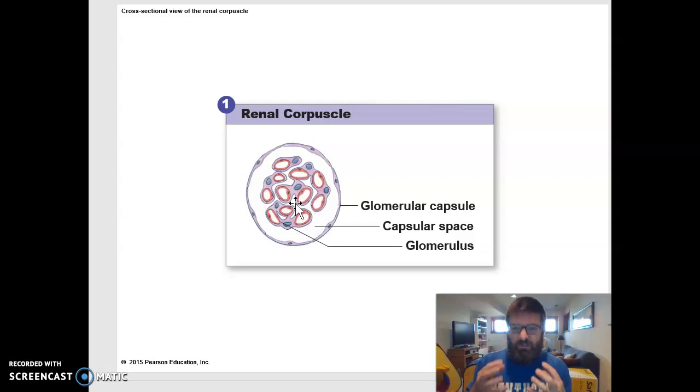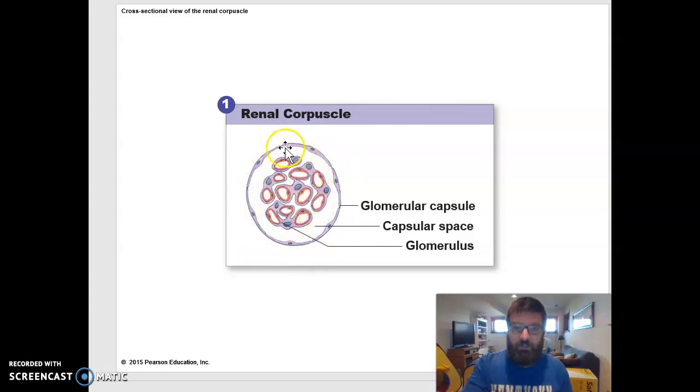And we send a bunch of blood pressure in there, and essentially what passes through those holes into this space around here is whatever's small enough to move through them. So really size is the first characteristic that dictates what stays in the blood and what comes out and becomes filtrate. So small stuff like water, sodium, glucose even, right, comes out and is captured in this sphere that surrounds